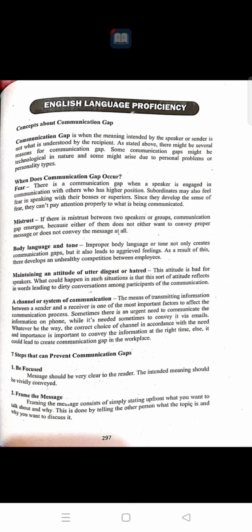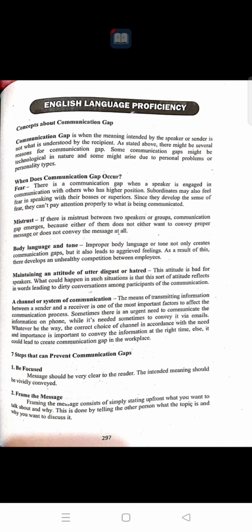Syempre, nagkakaroon ng tinatawag natin na communication gap. Because, for example, static yung internet connection, maaaring nahati-hati na lang yung message na nakakarating doon sa receiver. That way, mali yung message na kanyang natanggap. And then, there exists already a communication gap. So, those are the different factors or concepts about communication gap.